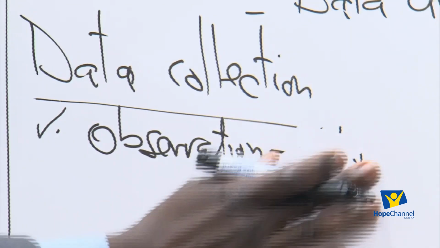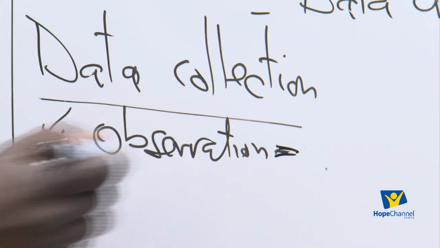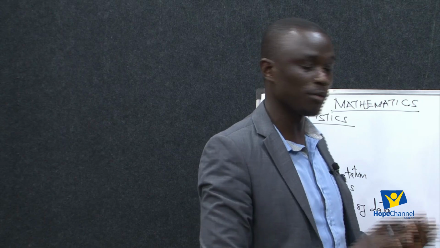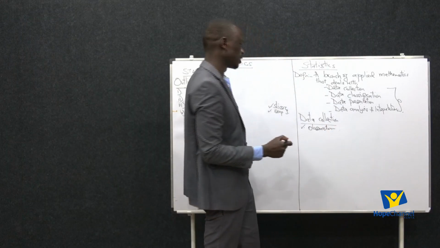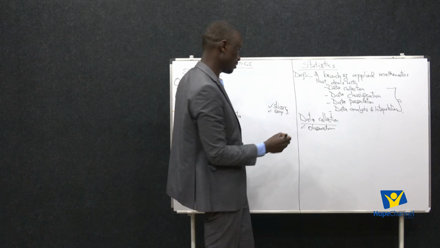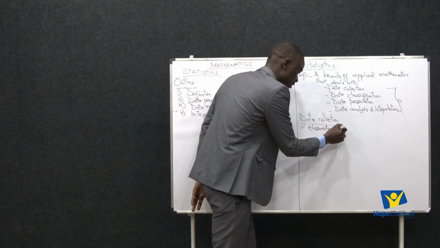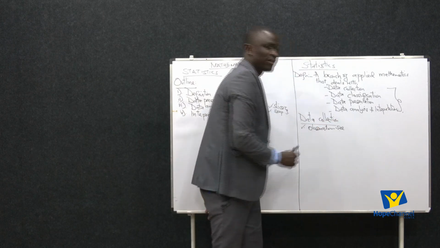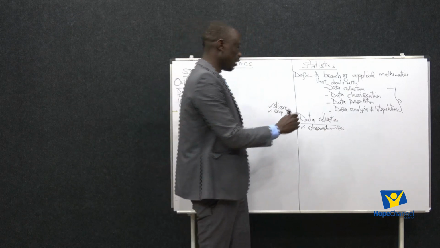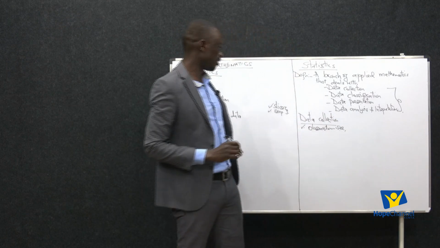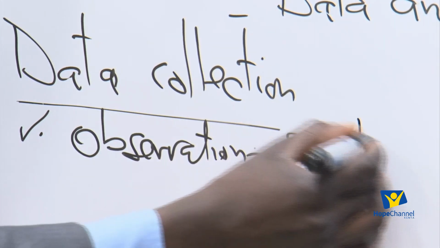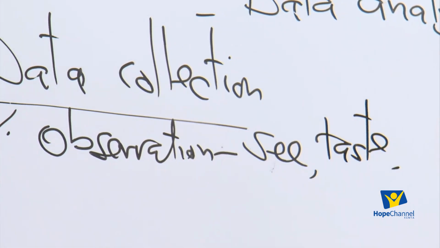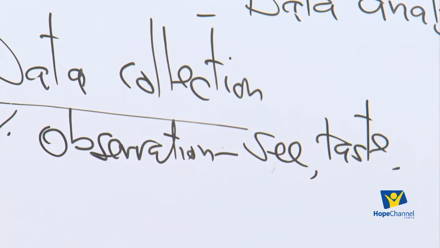these are the things we do with our common senses actually. You know, we talk about observation. Observation is what we do with our common senses. In primary school, we were told that we have five common senses. The first one is sight. So what you can see, that is observation. Another common sense is maybe taste. How does it taste? Like that soup, was it sweet, was it sour, and the rest.